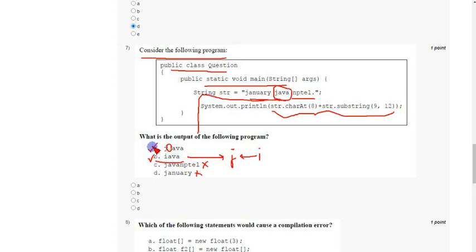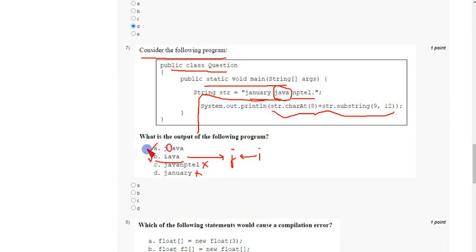So it depends on your thinking, but we have no certainty in this answer. You can give either of these options, A or B, because I is not at all a member of the string. If you look at the string, it does not have any character like I. And they have given JAVA similar to Java.